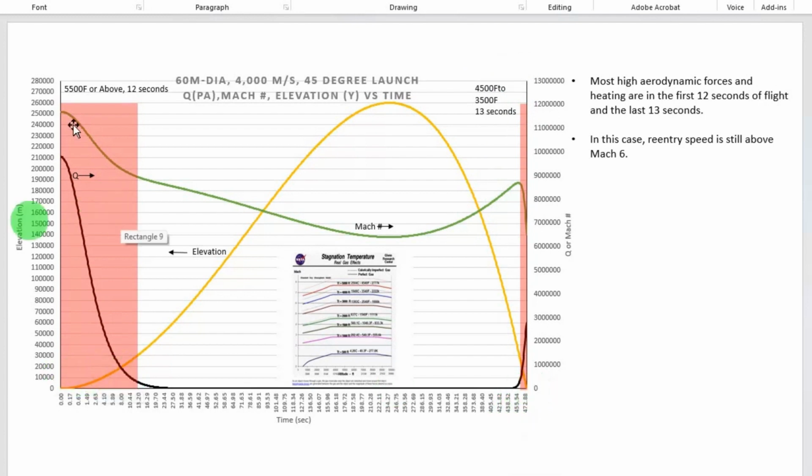You might be asking why this 12 seconds is spread differently than this 13. This is just the iterative approach that I took. Traveling a lot more distance in a shorter time just creates more data points in the one area versus the other. But you can see that, still, when we're re-entering,